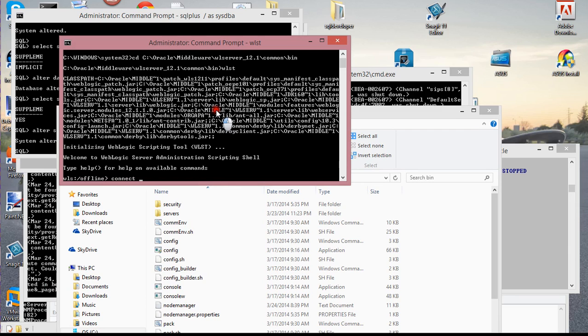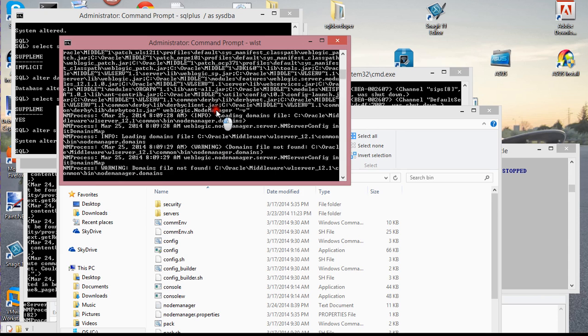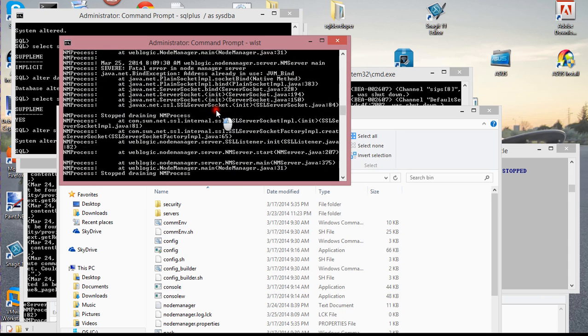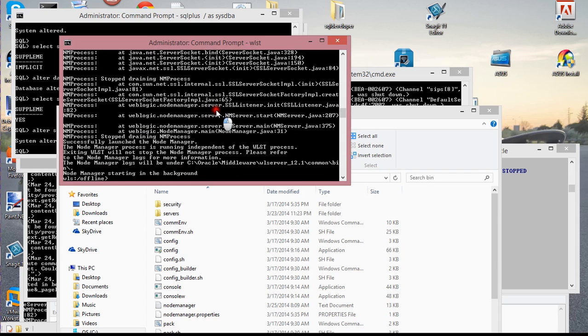Okay, I'm just gonna connect. Actually, before I do that, start my node manager. So you have two choices. You can either just use your scripting tool to connect to the console directly, or you can use the scripting tool to connect to the node manager and start the service that way. So what I'm gonna do is I'm gonna connect